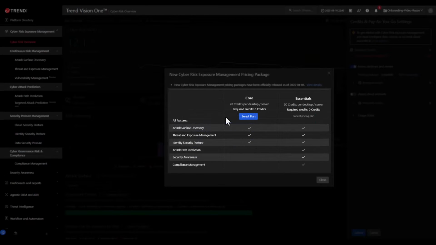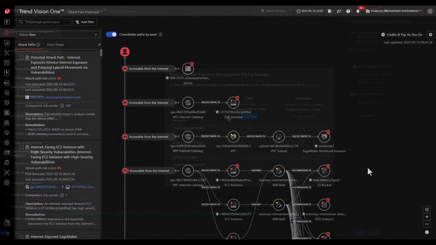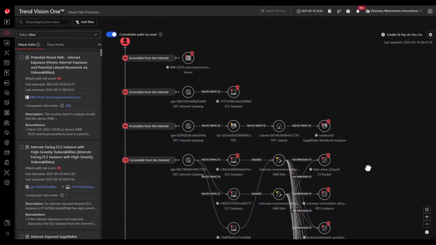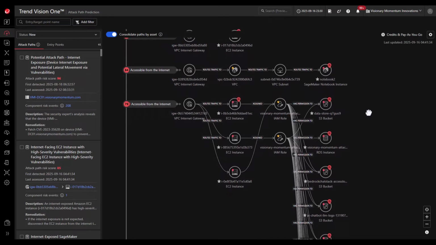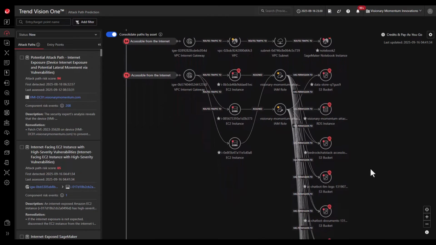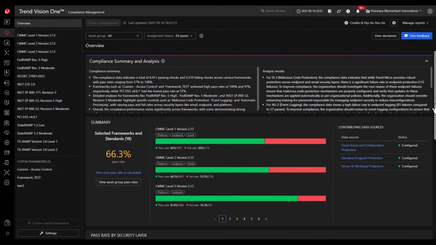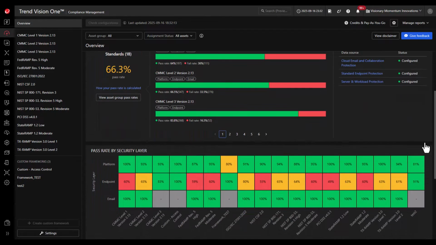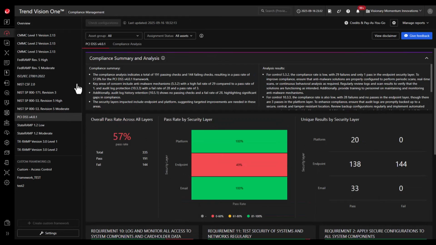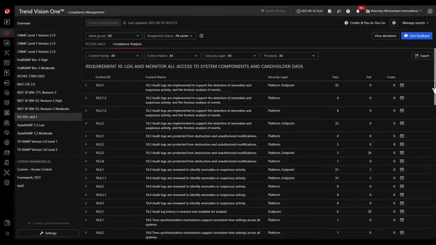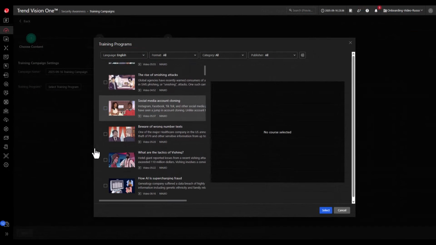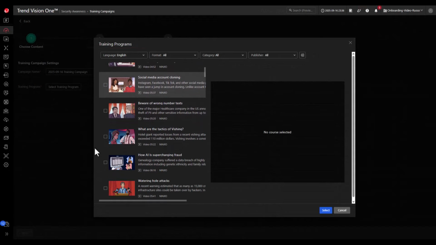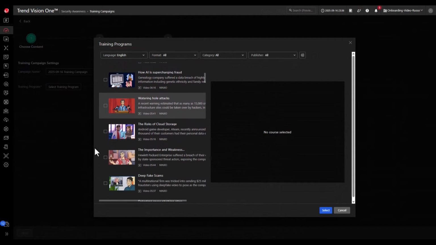In the Essentials package, we add to those features in the Core package with access to the AI-powered attack path prediction, which can identify entry points to a customer's environment and highlight further down an attack chain which crown jewels are exposed. You'll also have access to the Compliance Management solution, where we've mapped controls of various compliance frameworks to features in Vision 1 that help with meeting the requirements of those controls. Additionally, in Essentials, we provide the security awareness training and phishing simulations capabilities with no limitations on the number of